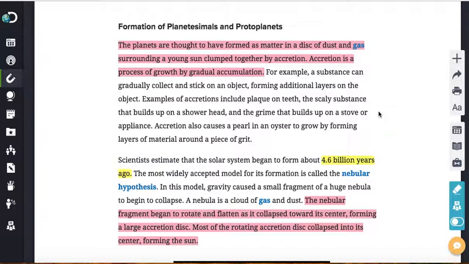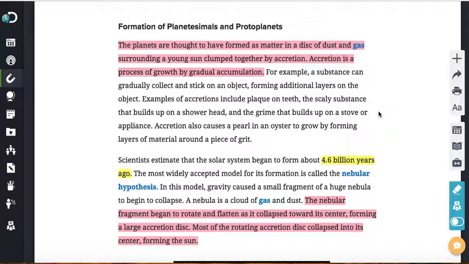So planets are believed to have started out of a disk of dust and gas that starts around a young star and clumps together by a process called accretion.